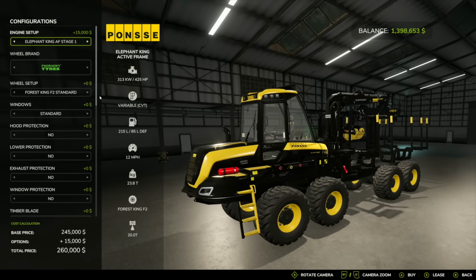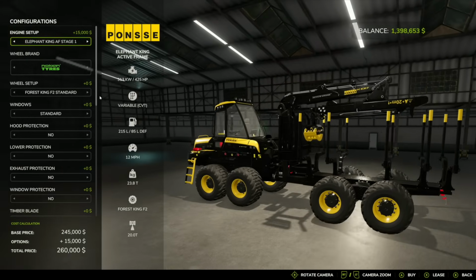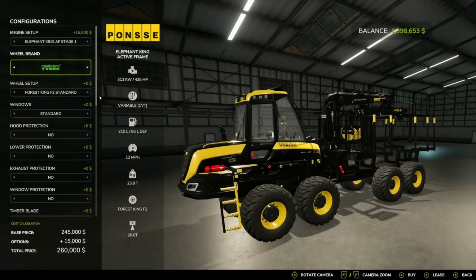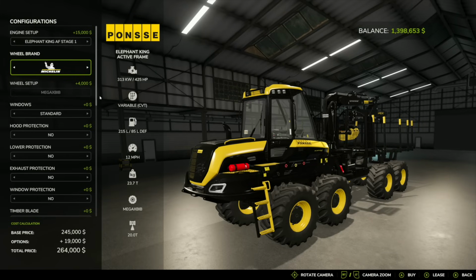So with this one, we do have a few different sets for the engine between 285 and 425. That is also going to be something similar between everything. So basically, everything's got the same engine options. Wheel options, you've got your Nokians, your BKTs, which look fantastic, a good Trelleborg, Michelin,